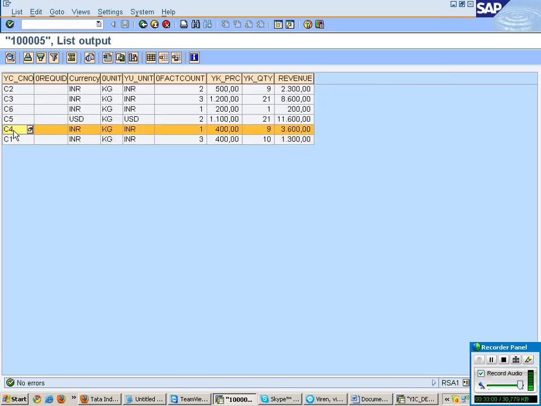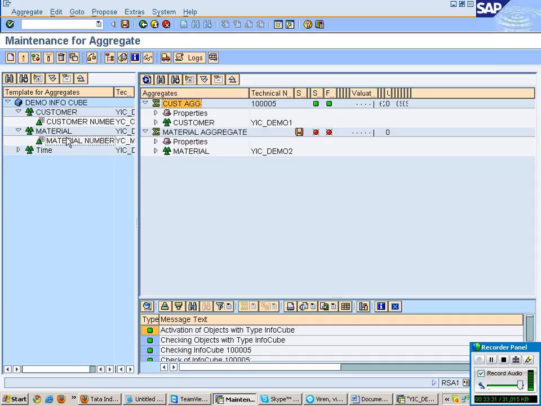How many records are there here? 6 records are there. So while searching the data from your database, how many records does it search now? Only 6 records it will search. Clear? So what happens now? The search will be faster. That is, your DB time is reduced, as well as OLAP time is reduced. Clear now? So same way, if you want to fill your material aggregate, select it,